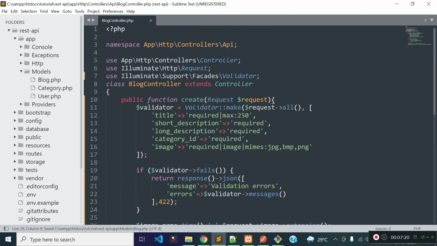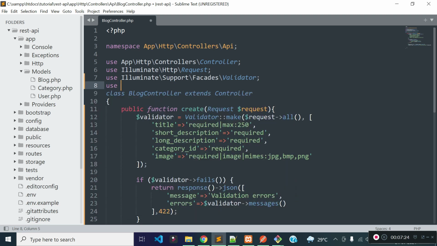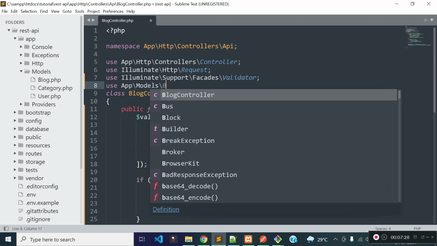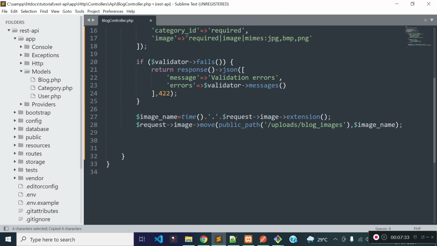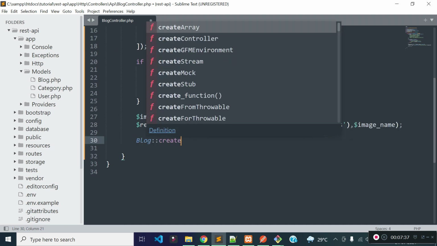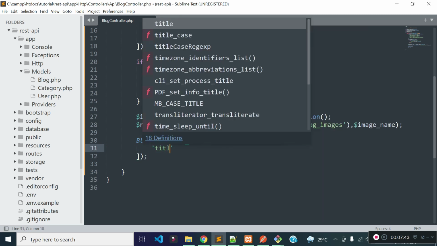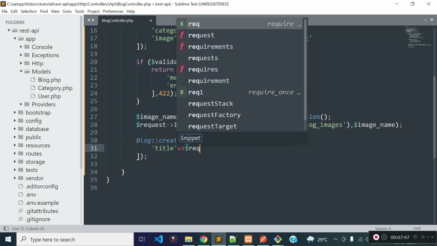Now let's import block model inside our block controller. Now I will store all the record with the help of create method of our model, and I am going to store title, and we can get the title from request object.